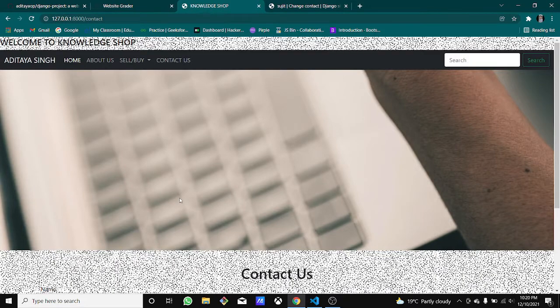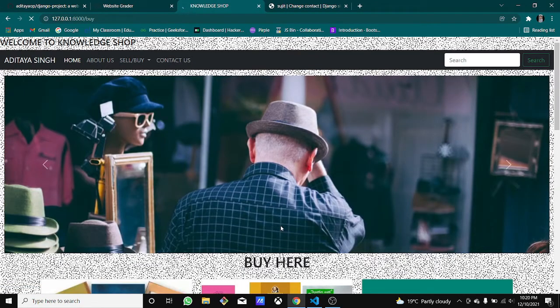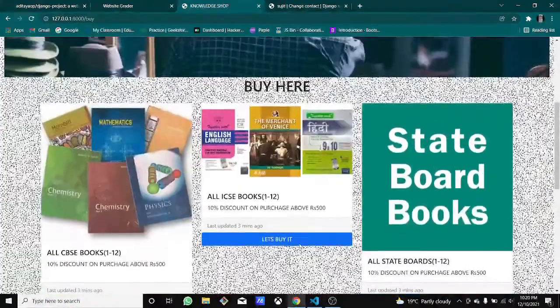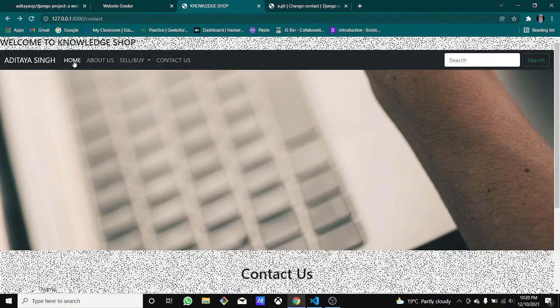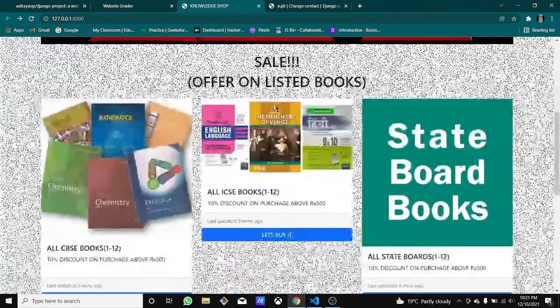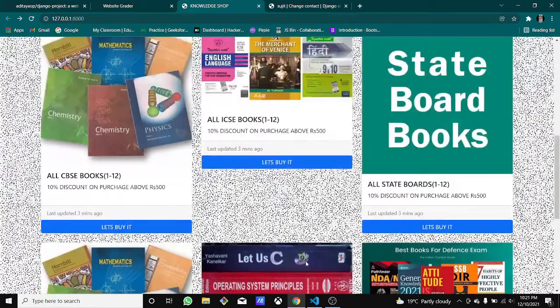Okay, so now the most important thing for this website is buying a book. So let's buy the book. You can go here from this nav bar, or select option, you can go here and you can buy here also. We don't have any issues, or you can just go on the home, and you will be put back to the front page. It might take some time.